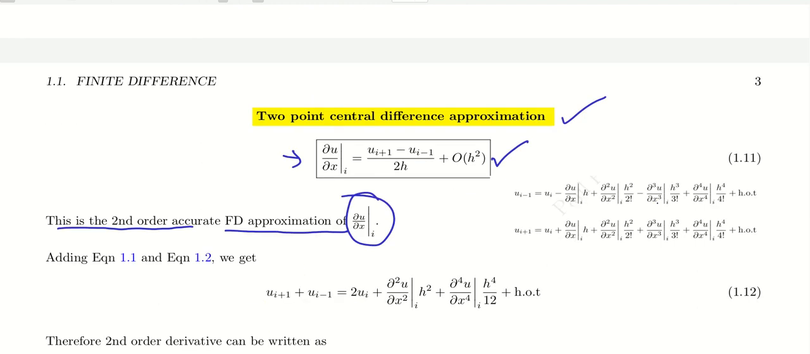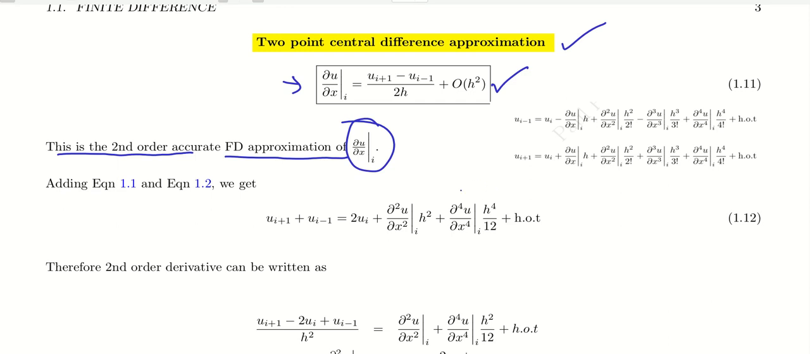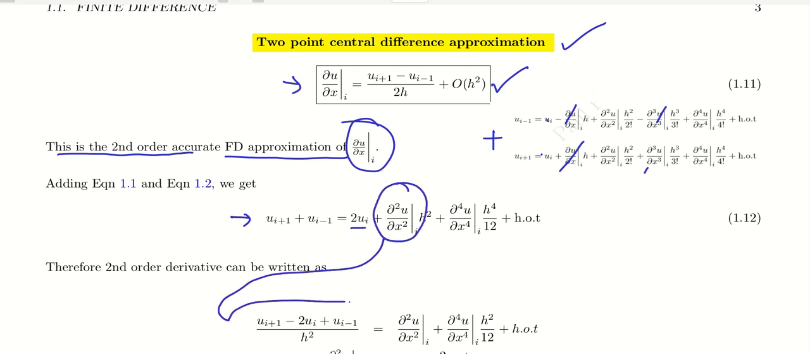Now, I am going to discuss how to compute the second order derivative. I am just adding these two equations. If we add these two equations, the cubic term will not be there, nor the higher order terms, and the first order term will cancel. Therefore u_{i+1} plus u_{i-1} equals twice u_i plus ∂²u/∂x² times h², and there is a 2 factorial, so the 2 cancels out. And therefore, the second order derivative can be approximated as